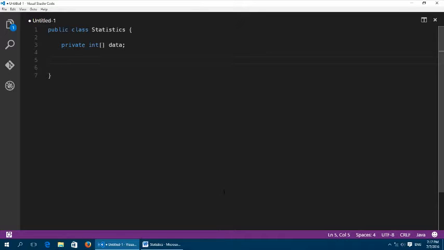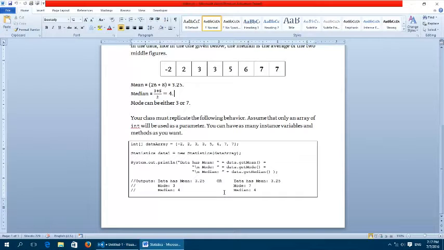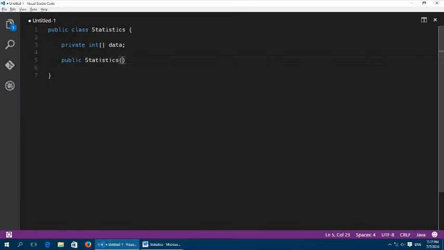And now for the constructor, so public Statistics, and now we can see the constructor only takes an array. So from here only an array comes into the constructor. Of that we are going to make data is equal to array,